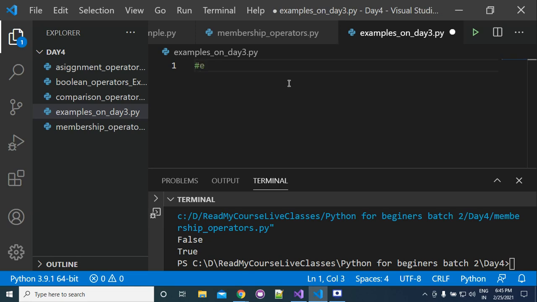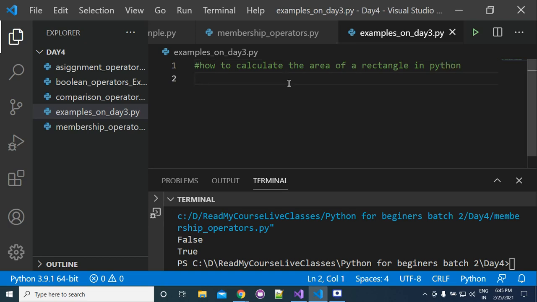The first example I am giving you is how to calculate the area of a rectangle.